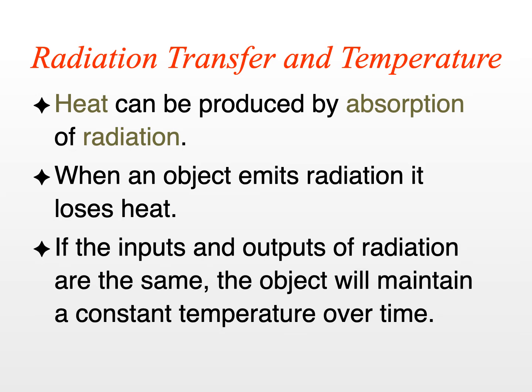If we reduce the amount of radiation being received by that object and converted into heat, of course, the object would grow cooler. If input and output remain the same over time, then that object would maintain a constant